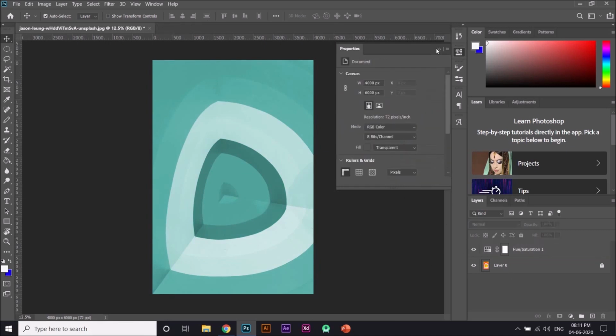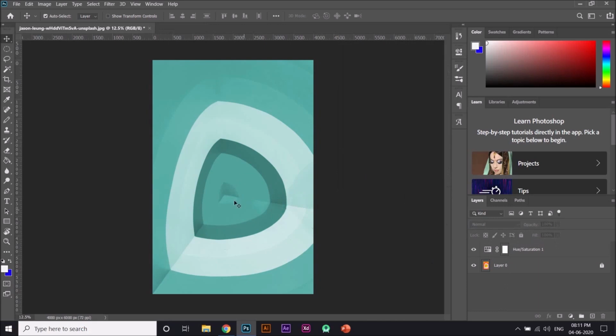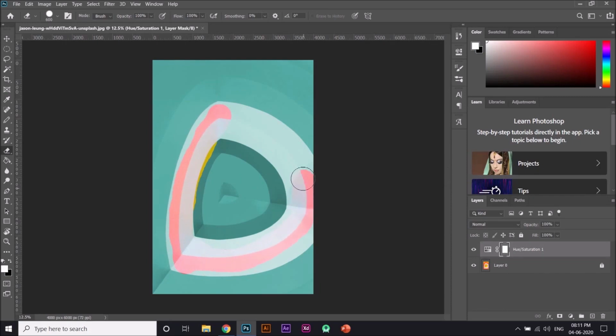Now what we can do is erase this masking layer. So I'm going to press E, that is the eraser tool, and then I'm going to select this, and you can erase this part. I'm just doing this roughly so that you will have an idea of what you can do. So now you have this hue saturation layer right here sitting upon our background layer, layer 0.